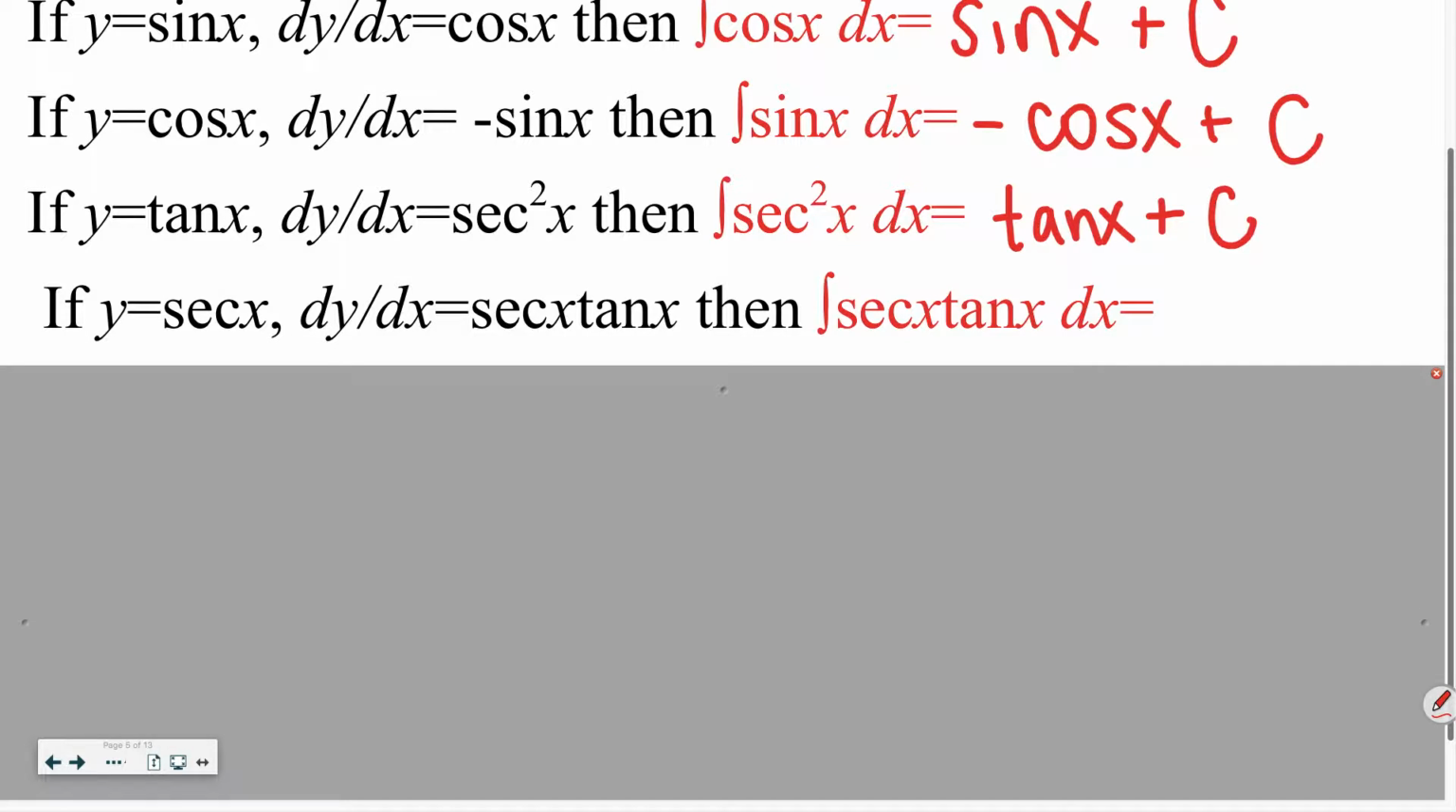All right, the derivative of secant x is secant x tangent x. Therefore, the antiderivative of secant x tangent x